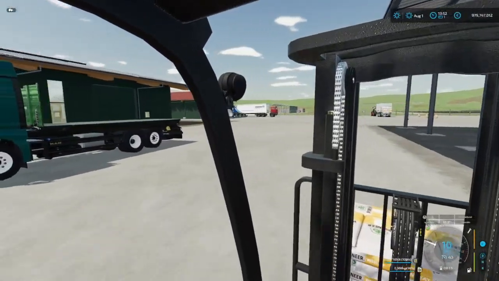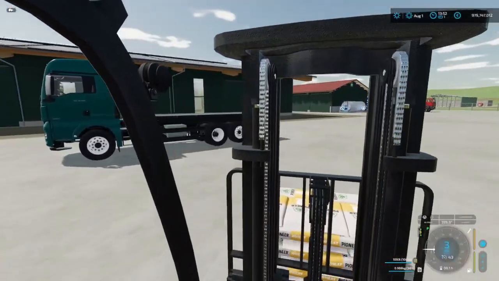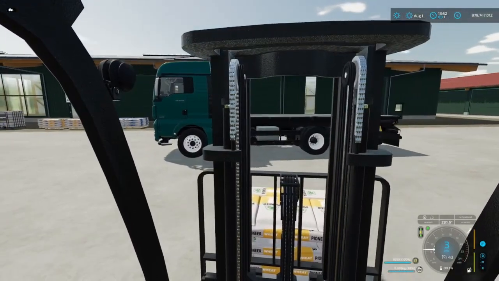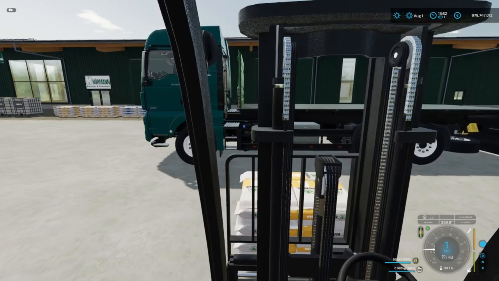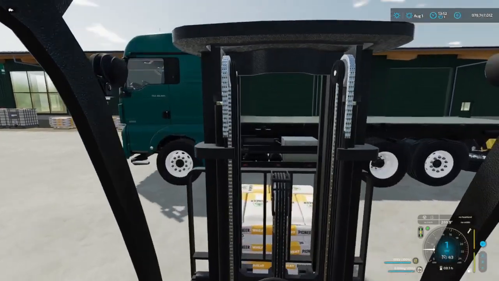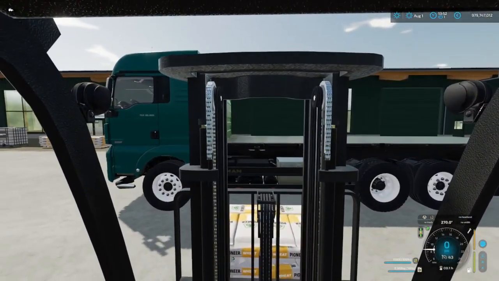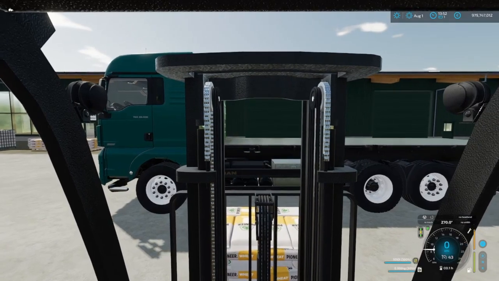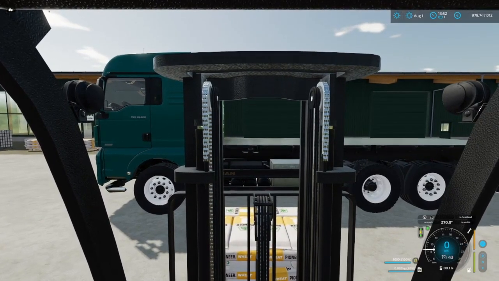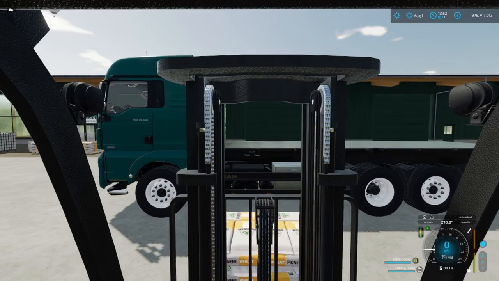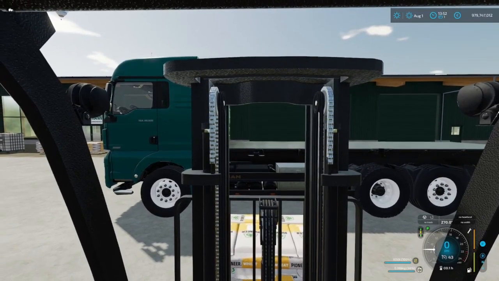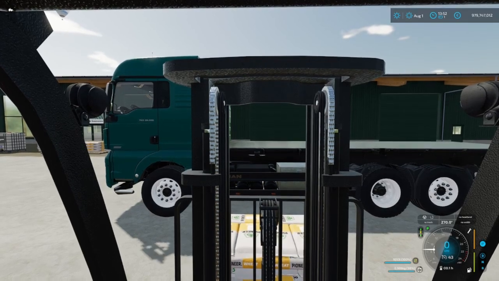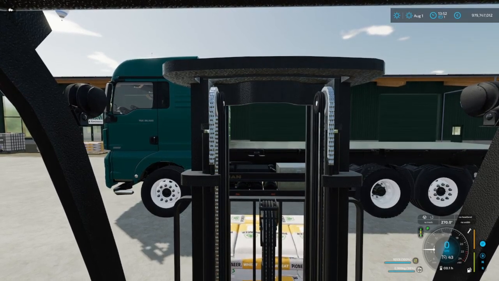So here, this is just simple driving. Kind of align, not too close to that backrest, because it has a weird contact. Okay, so now because I tilted the mast backward, I need to readjust it forward slightly. That's one thing. Second thing, you don't want to run right into the truck with the